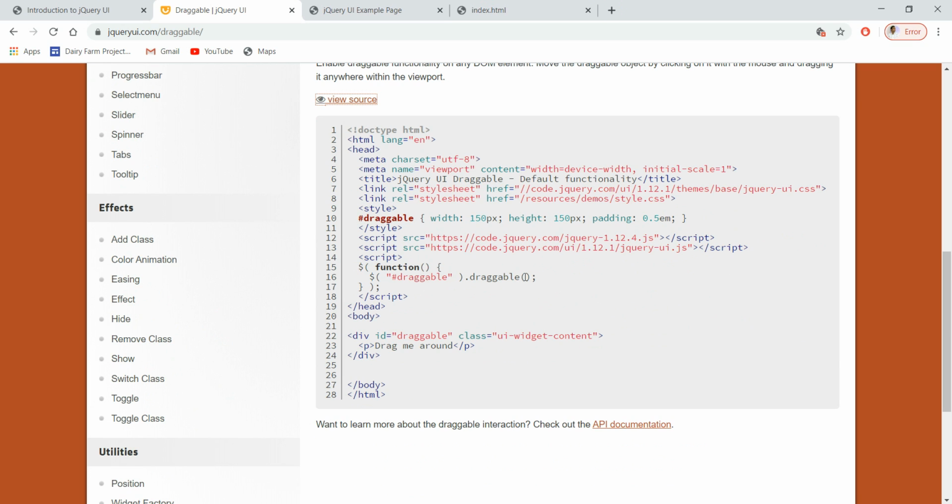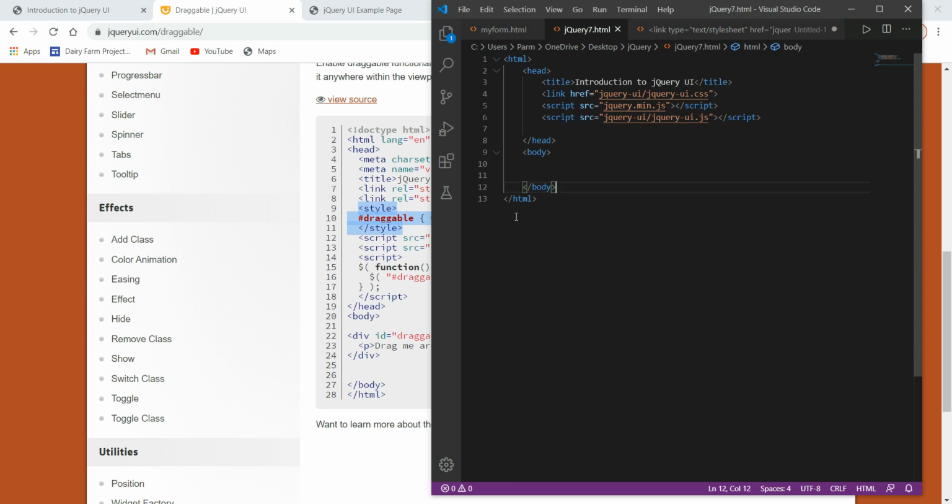There is a script function over there, and this is the style. We need to copy this style with Control C and put it in our head section. So here we go, pasting this.